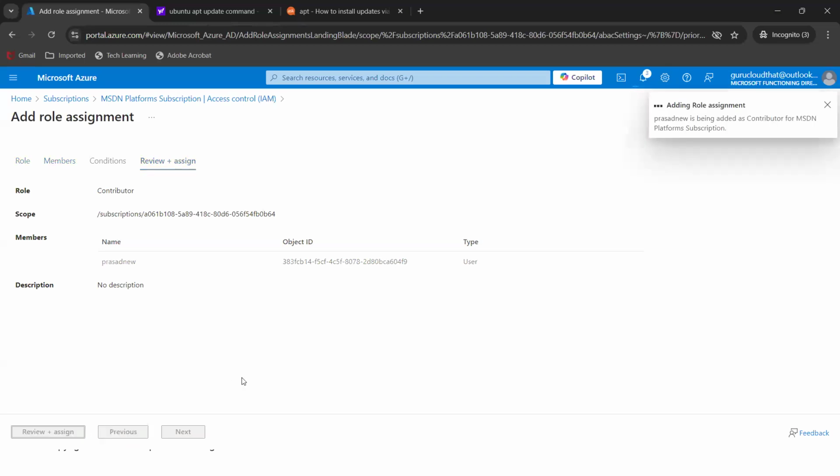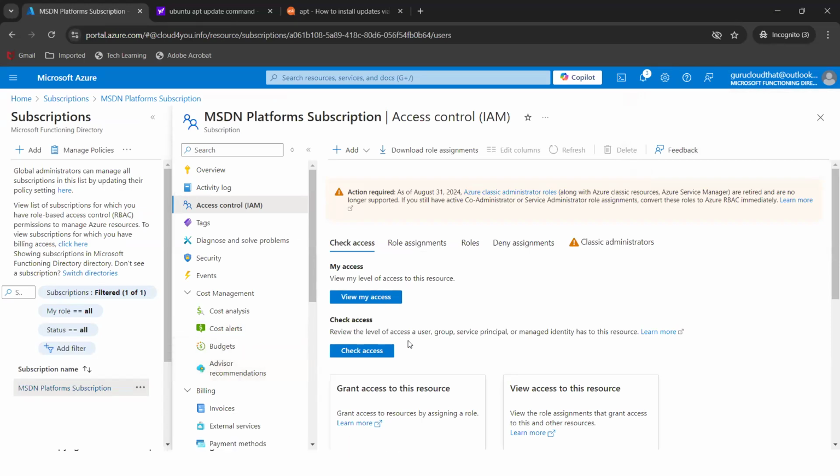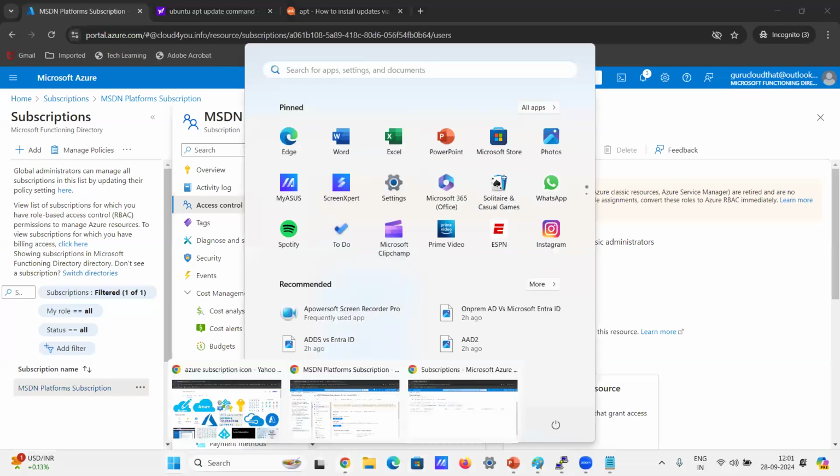So now what is happening is I've given the global administrator role. Meantime, I've given access as a contributor. Now what will he have? He can create users, any users, not an issue, but he cannot give any access to any users because he's a contributor in terms of RBAC. In terms of AD, he can do anything because he has a global administrator role, right? So when I go back here,